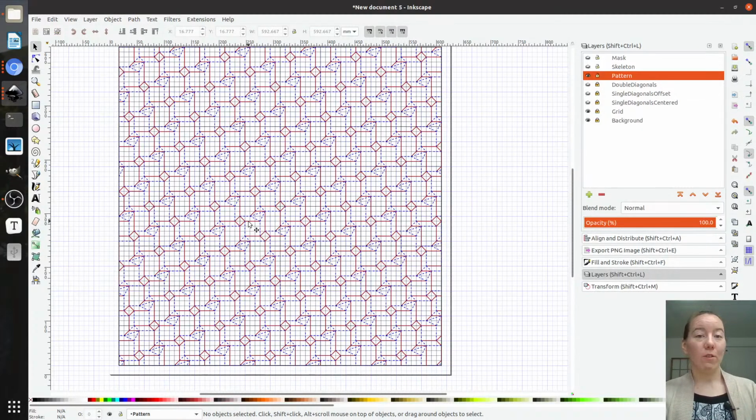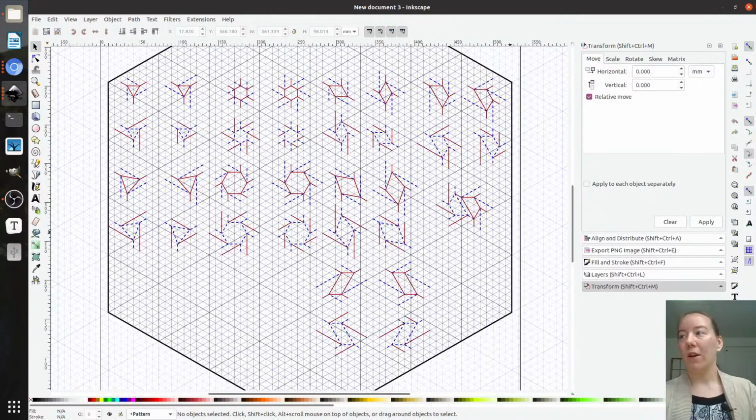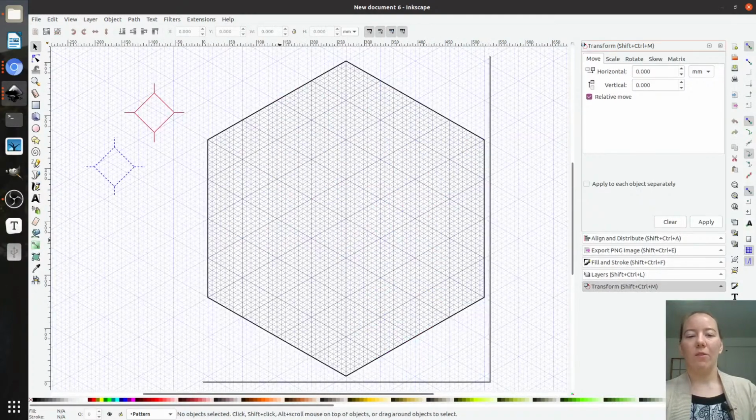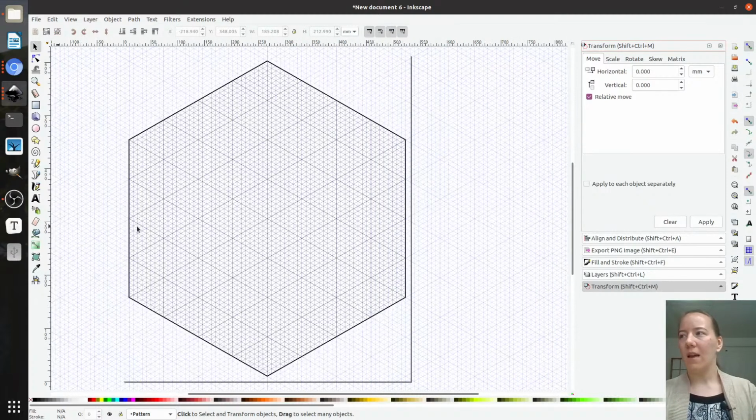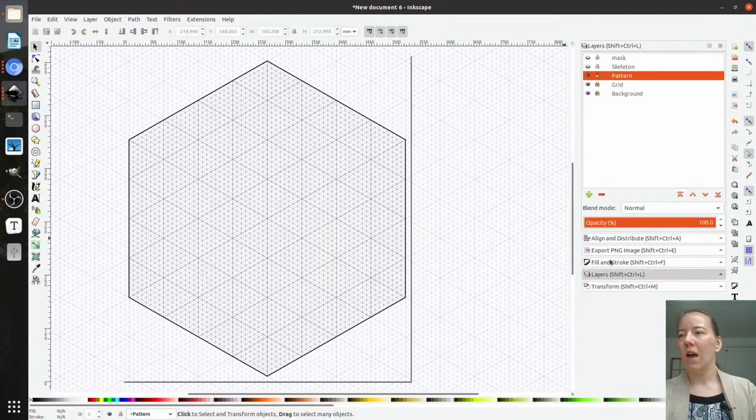Now I want to move to the triangle tiling stuff. So I'm going to bring up the triangle blocks and the triangle template file. Again, I don't need those extra line markings, and just like the squares, I'm already in the pattern layer and it's unlocked, ready to paste stuff into. So going to the blocks,